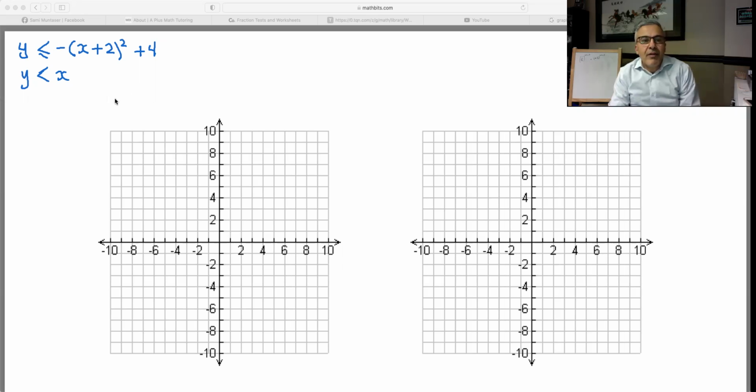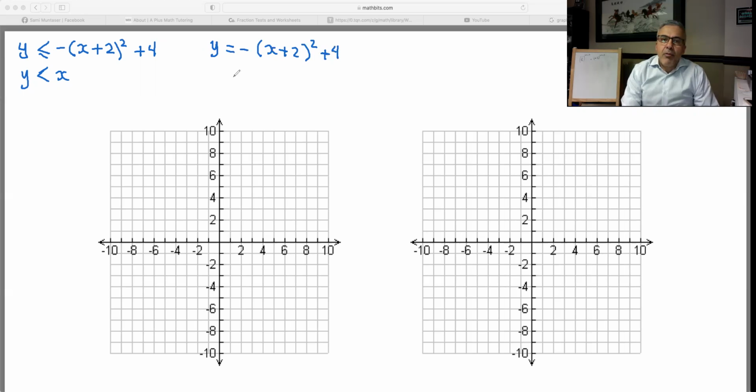When you're graphing this, the first thing you need to do is ignore the inequality sign for now, and just graph y equals negative (x plus 2) squared plus 4. When we're graphing this kind of parabola, we look for the vertex. For any of you who forgot, the equation for a parabola is y equals a(x minus p) squared plus q,